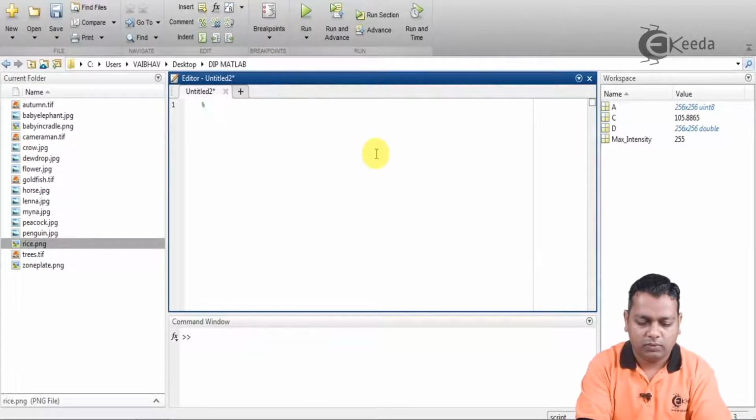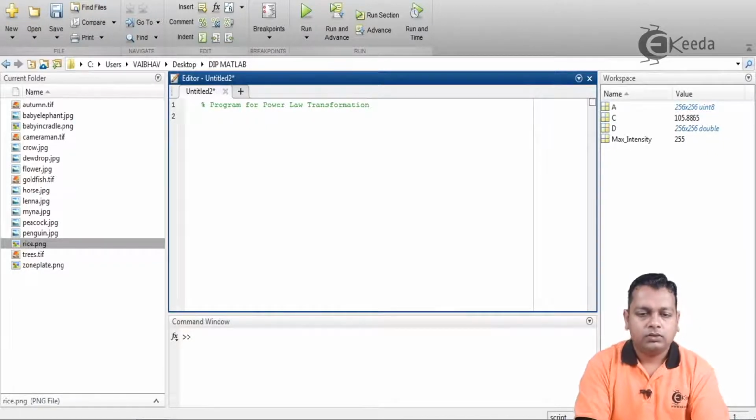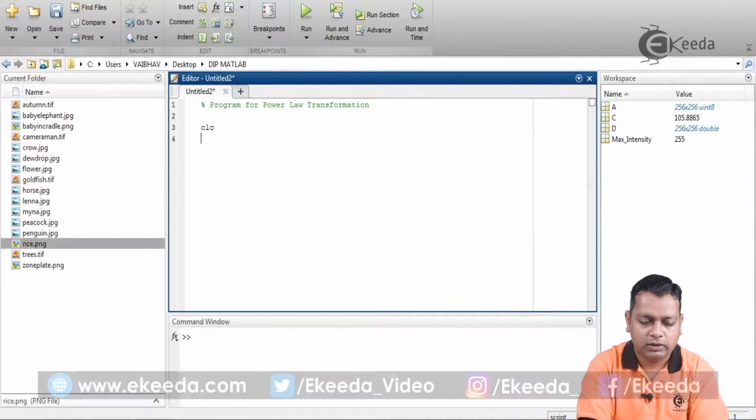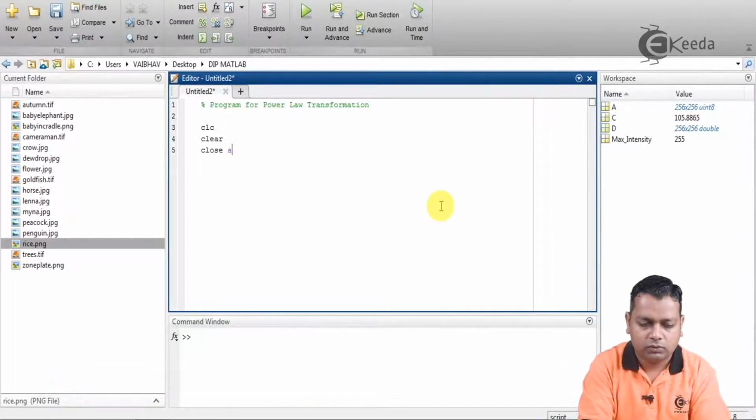We just make a comment: this is a program for power law transformation. So we clear the screen, clear the variables that appear in the workspace from the previous program, and close all the windows of MATLAB that may be open.